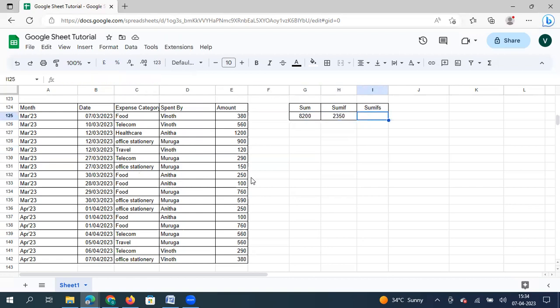Now let's say I want to understand the amount incurred towards food, but not for the entire database, only for March. Now there are two conditions. One, expense category should be food, and the second one is month should be March. So what I'm going to apply now is SUMIFS. This is multiple criteria, and here I say equals